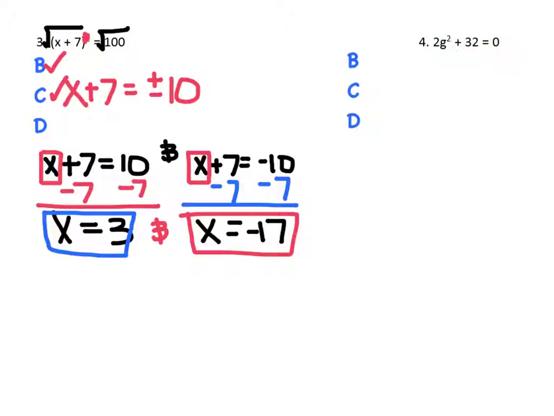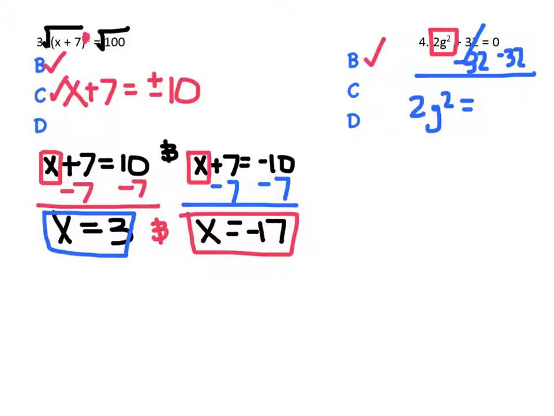Number 4, same concept. First thing I do is box my variable, cancel what's beside it. I cancel a positive 32 by subtracting 32. We get 2g squared equals 0 minus 32 is negative 32. Last step, D for divide, and divide by 2 because that's the number inside the box. I get g squared equals